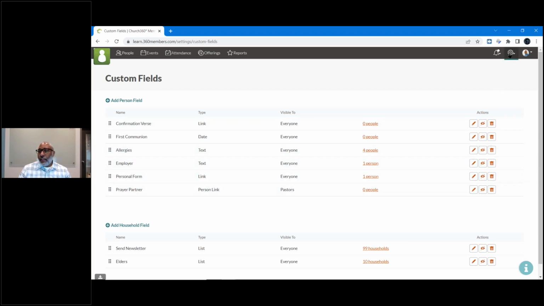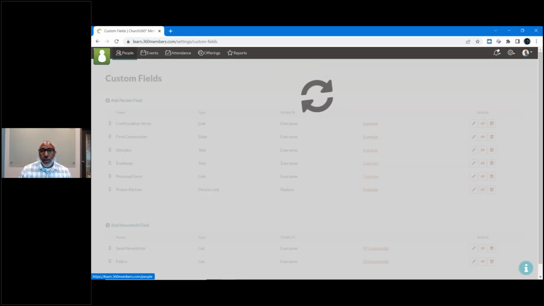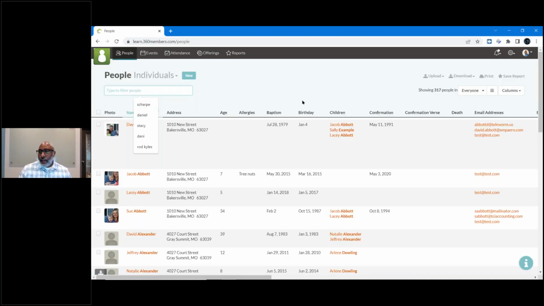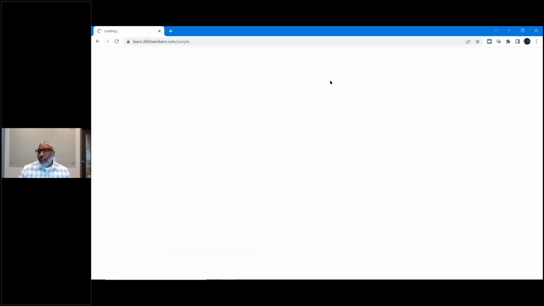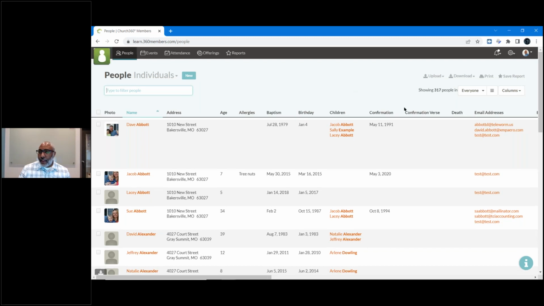So I'll click the gear. I'm going to go to people here at the top. That's going to take me over to the people view. Let me refresh my screen here. Okay, then those fields that I've added are going to show here in the people view, like there's confirmation verse, and if I scroll over further, I'll see First Communion. But then if I click on somebody's name,